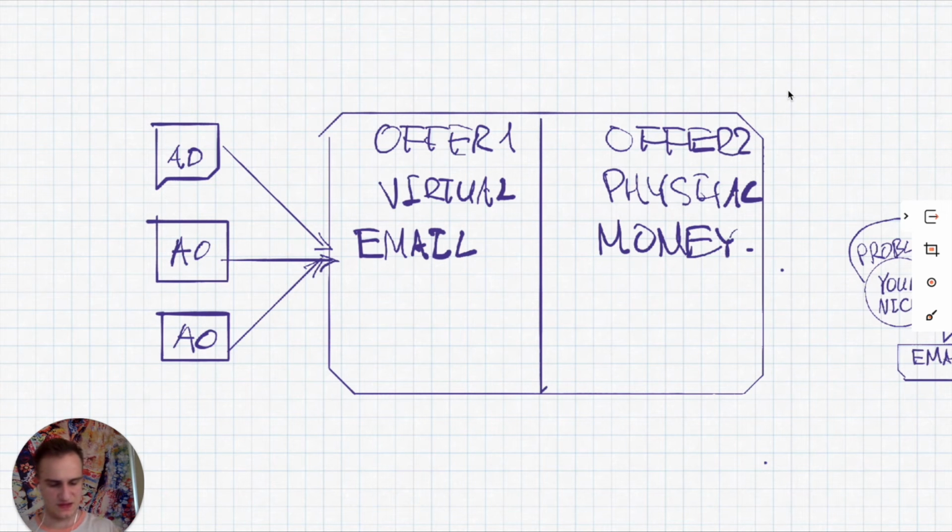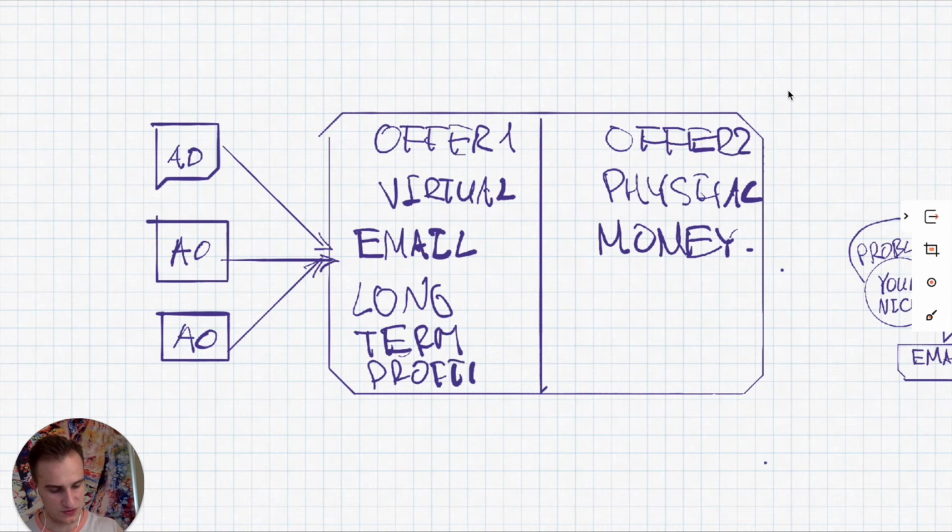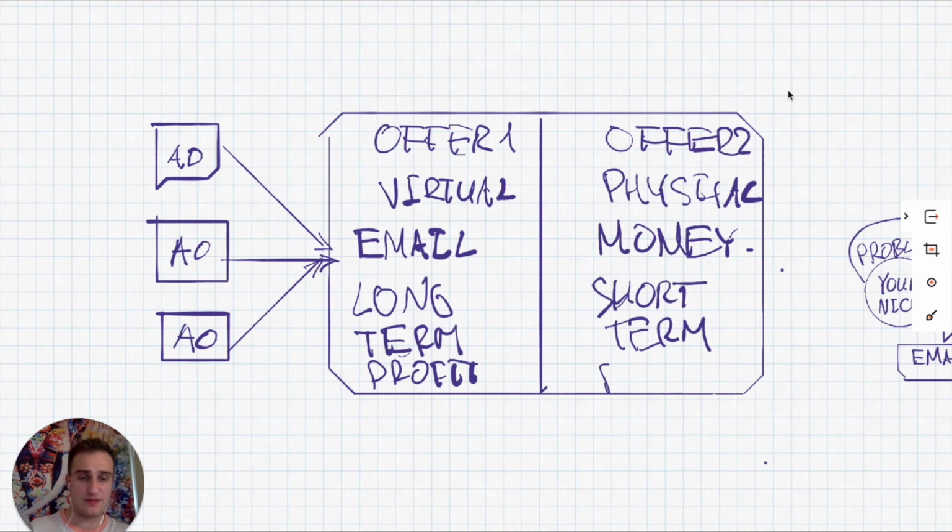And this kind of thing will help us generate the long-term profit. Here the short-term profit. Okay, and we have these 2 stages, and a lot of people ask this question: